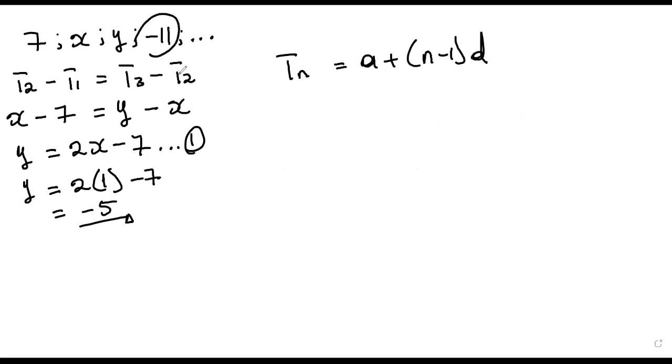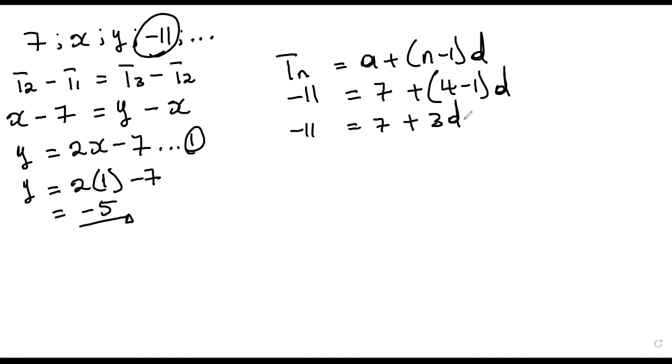So let's say our last term, which is the general term, is going to be negative 11 in this case. And a we know is the first term. So the first term is going to be 7. Now this negative 11 is at position number 4. So we don't know what is the value of the constant difference. So simplifying here, we get negative 11, which is equal to 7 plus